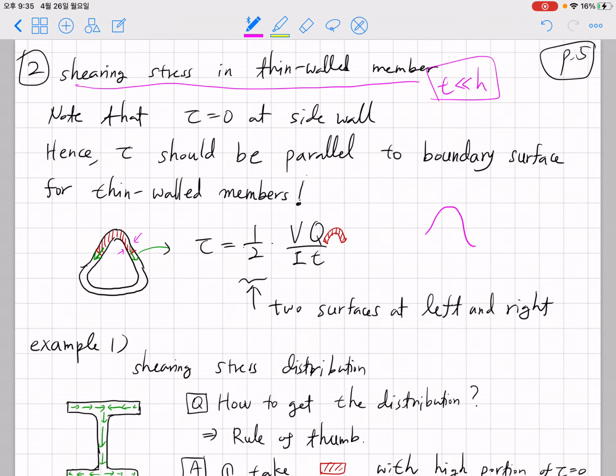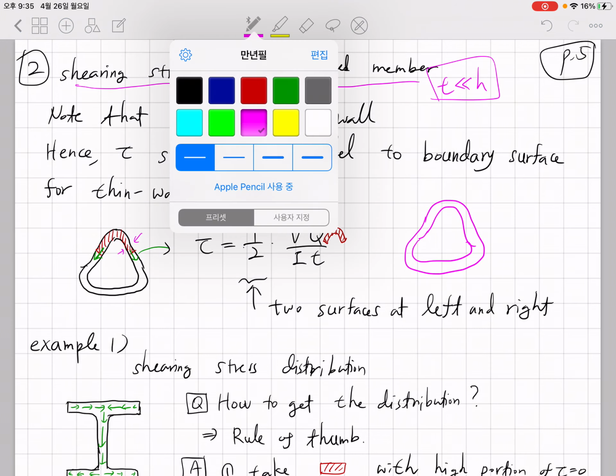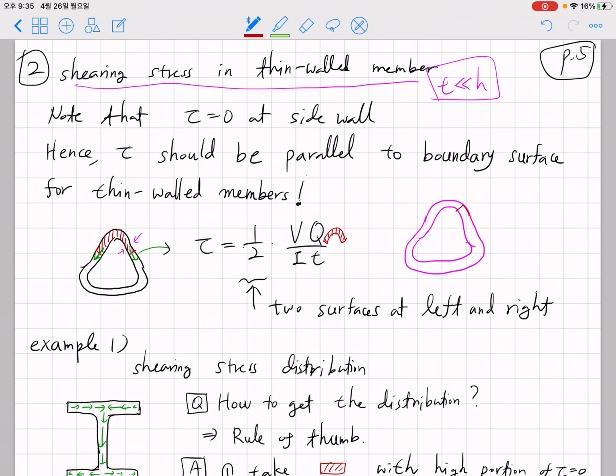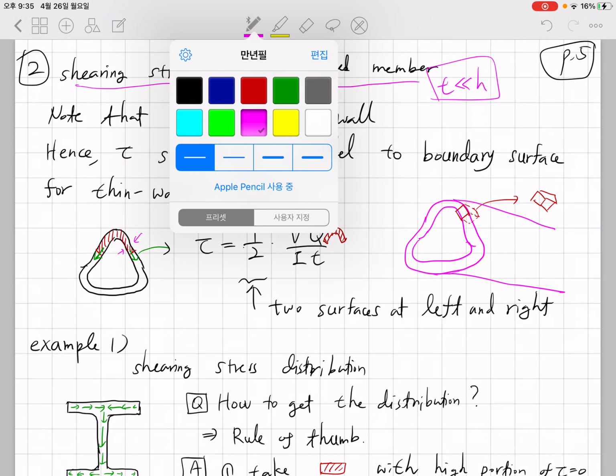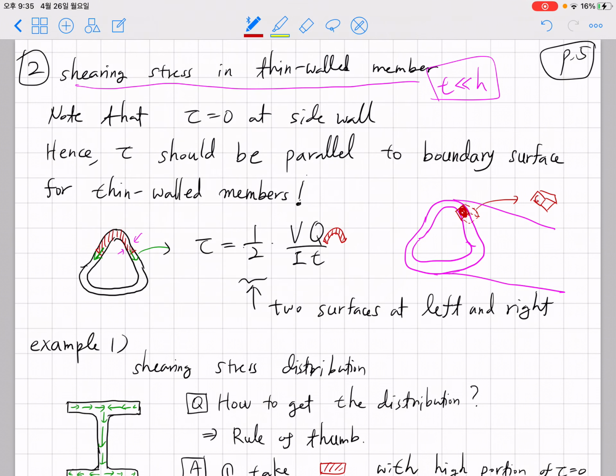So when you have a cross section like this, and if you think about a little tiny section out of this, let's take this as our section of interest. So what you can imagine here is, this is your original shape, and this colored region is our cross section. Suppose that you have a free surface here, so the tau must be 0 here, and the other free surface is 0 too. So you can have only